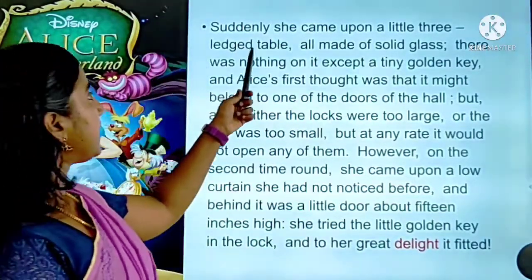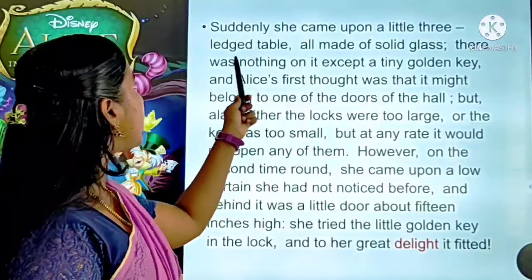Suddenly, she came upon a little three-legged table